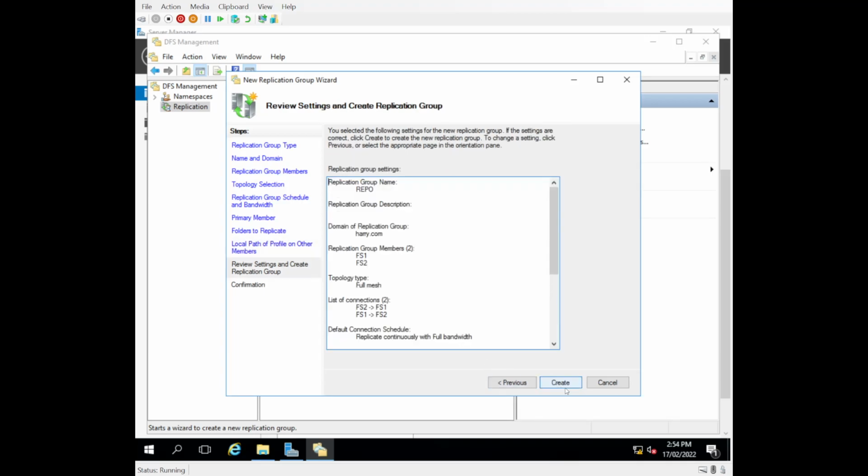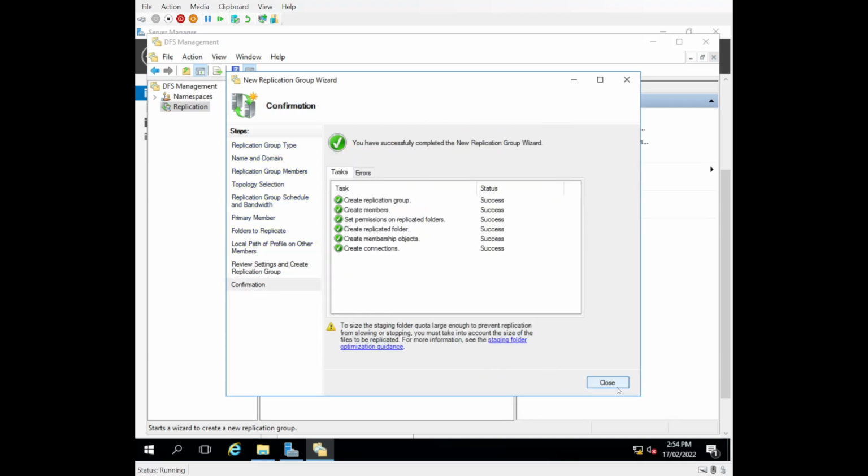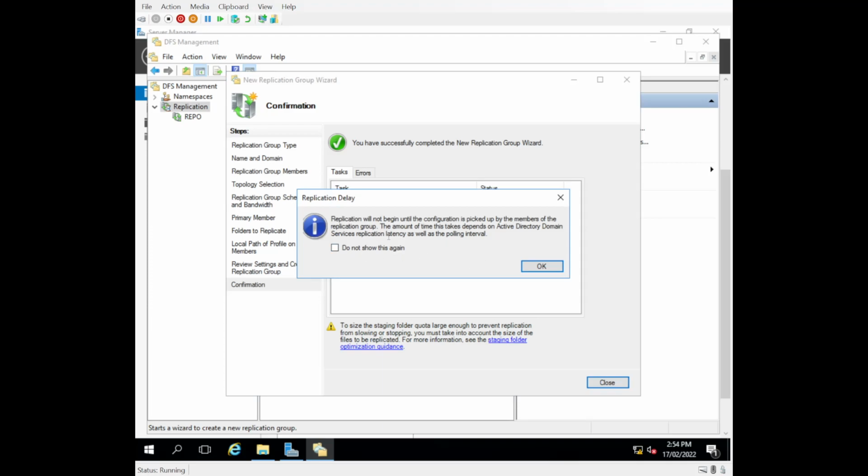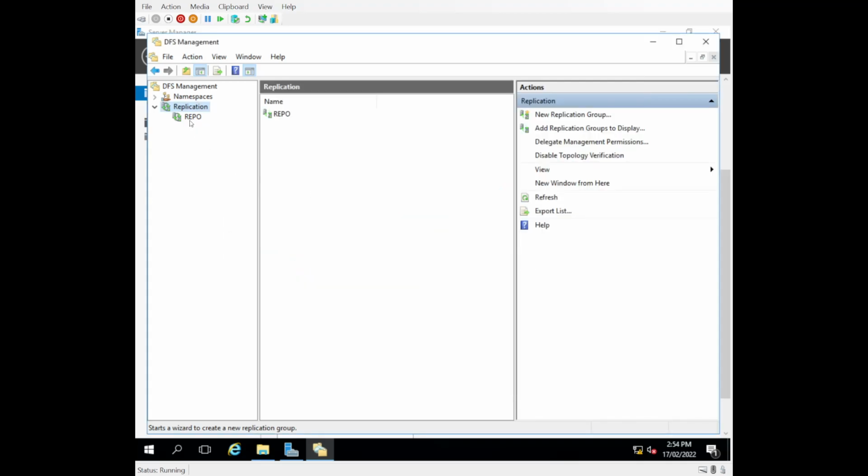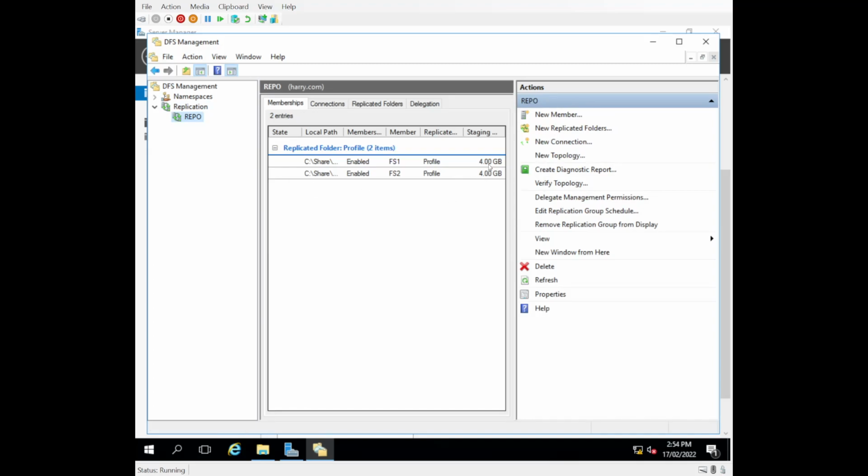We'll go to next, and we're going to create that. And we've got some success happening there. It will not begin until the configuration is picked up by members of the replication group. So it's going to take some time, but we've got some green happening here. We've got some different things happening here, right? All right, so now that we've done most of this now, so let's go over to,